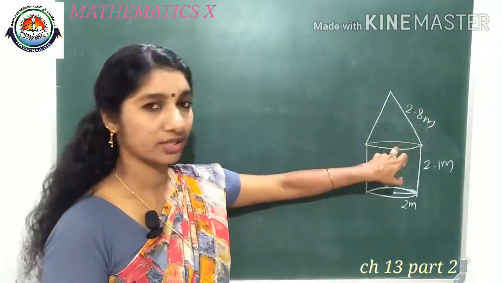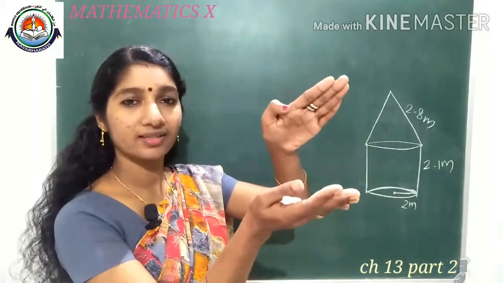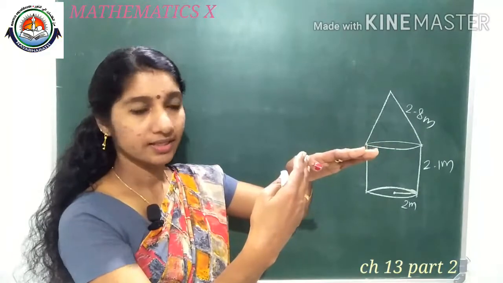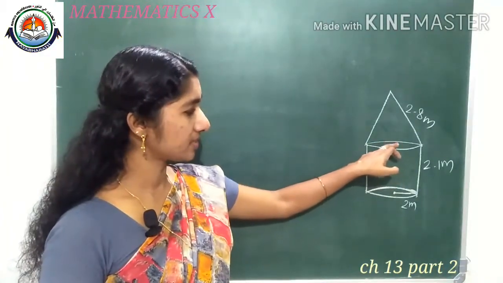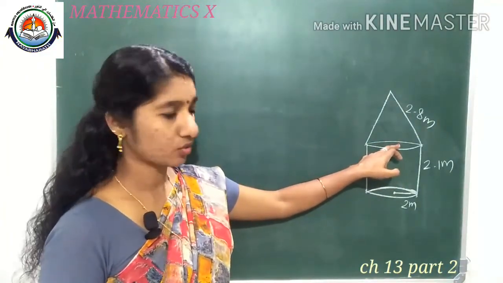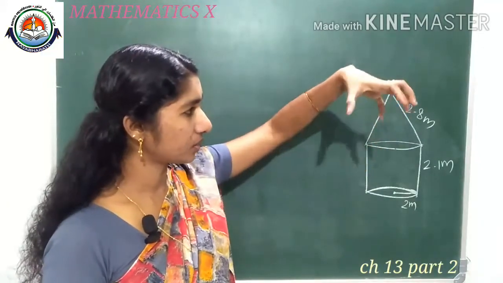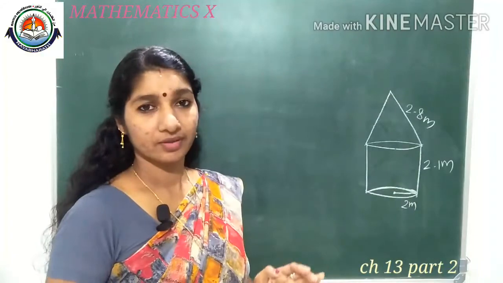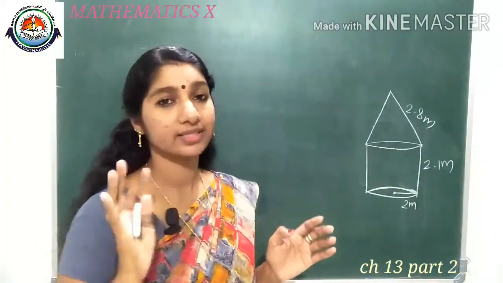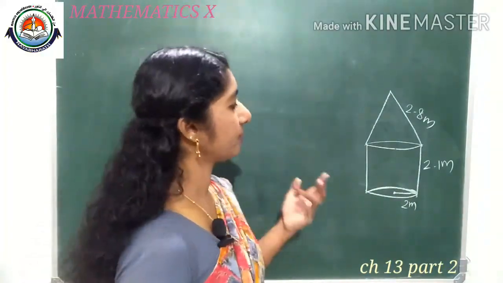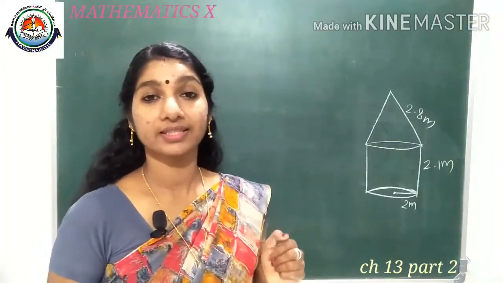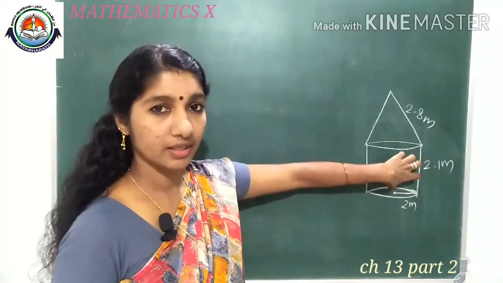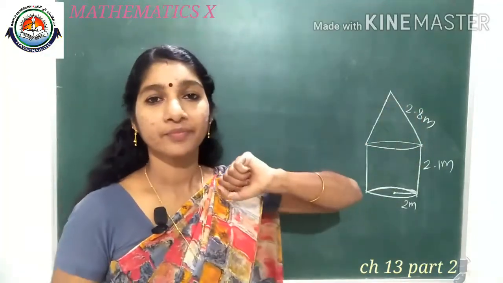So here this portion, which portion where this cone and cylinder is attached, those portion will be vacant, isn't it? So here no space is there. Space means canvas is not used. Only this cone top and one cylinder is used, canvas is used for making the cylinder, that much only. So we need to find the total surface area of the canvas is curved surface area of the cylinder plus curved surface area of the cone.